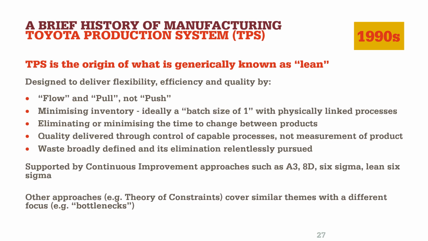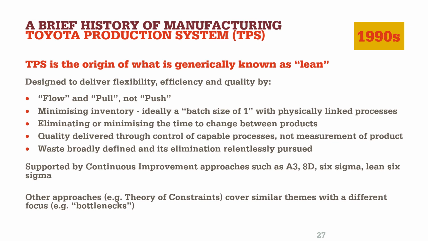So one of the goals is to minimize inventory, ideally to work towards a batch size of 1 with processes physically linked together. By eliminating or minimizing the time to change between products, delivering quality through control of capable processes,